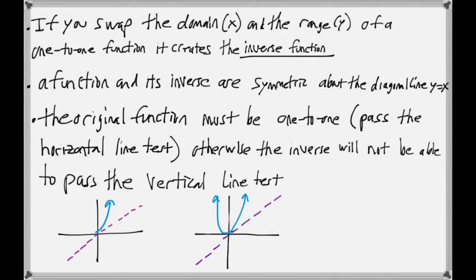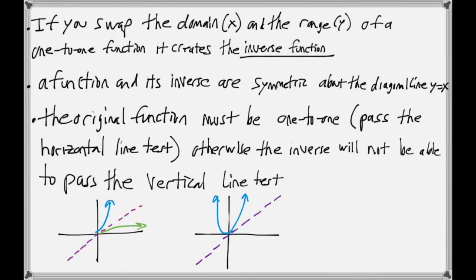So I have two examples here of functions. With this first one, if we reflect it across the diagonal line, it looks like this. And you'll see how the original one passes the horizontal line test, meaning it only intersects at once. So the inverse passes the vertical line test. It only intersects at once, which is very important because it has to pass the vertical line test